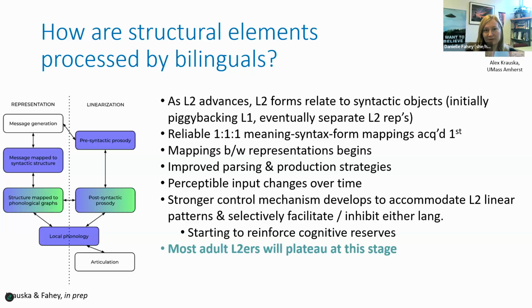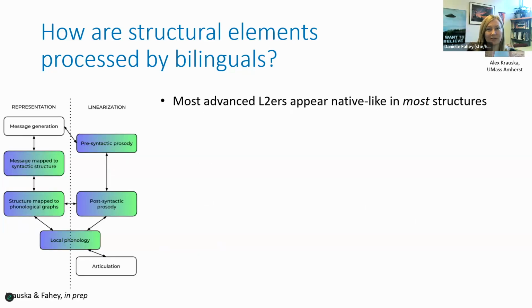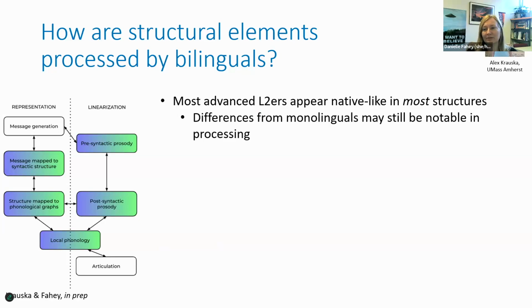Now, this is not necessarily the end stage, because we do see folks that are the most advanced, even people who start learning a second language in their lifetime during adulthood, becoming very, very native-like in both languages. We don't see this for most people. So most adult second language learners will plateau at this stage. Now, as I mentioned, that was not the last stage. So the folks that are the most advanced bilinguals will appear native-like in most structures, with of course some caveats. So we still might see differences in behavioral measures from monolinguals,